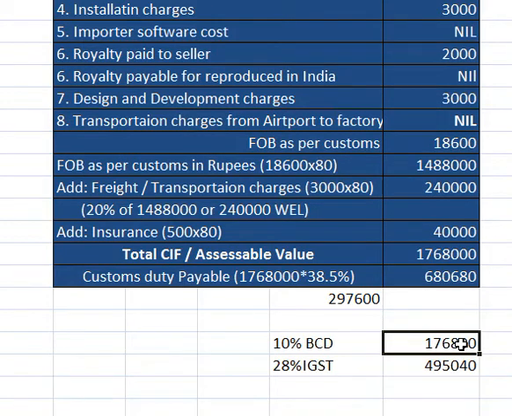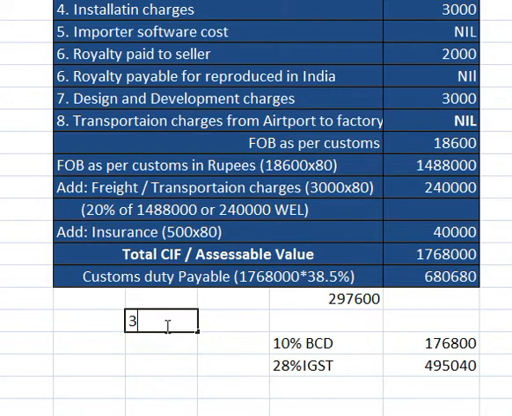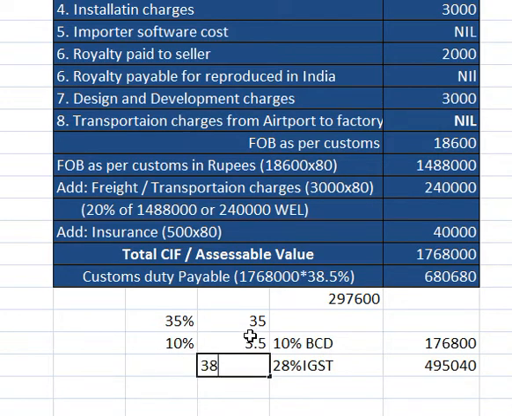If they are asking you to find it as per the rate, if 10% and 28% are given in the exam, you use it like this. If it is not given, this 38.5% is the present rate. How does this 38.5 come? I think I said many times. 35% is BCD, and 10% is the surcharge. 35% of 100 is 35 rupees, and 10% of 35 is how much? 3.5 comes. So its total is 38.5. So like this the solution comes. I think the question is over.